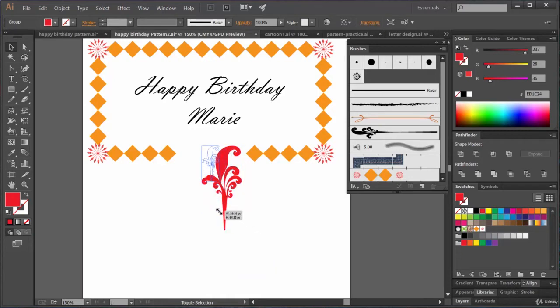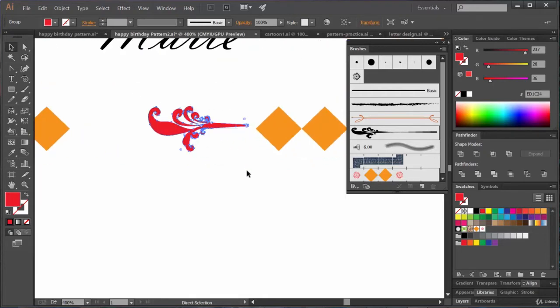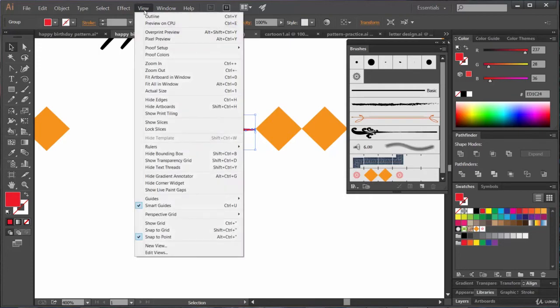So let's shrink it a little bit. Let's zoom in to work more efficiently. And this bounding box is becoming an issue to work with.